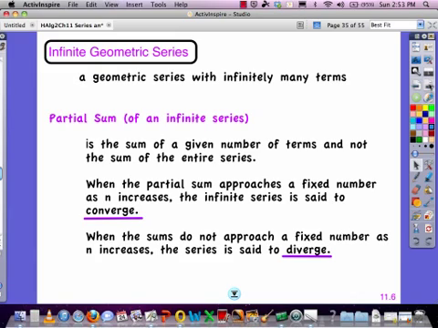And if it diverges, which means it's not getting close to a fixed number, there's no way you're going to be able to figure that out. And so that's going to be a nice and easy problem for you. You're not going to have to add up the terms of a divergent sequence. So knowing that, let's start with our first